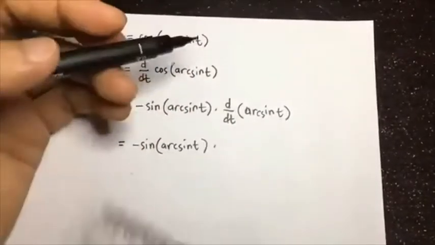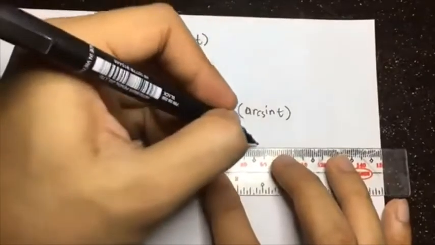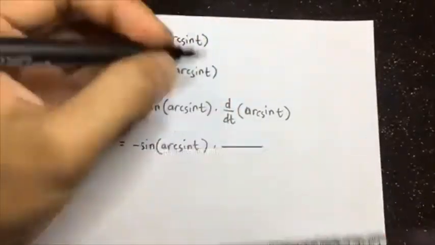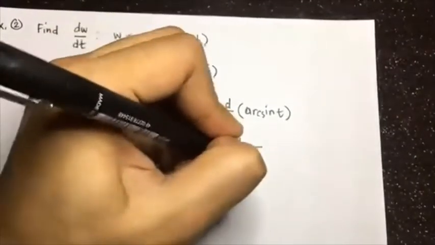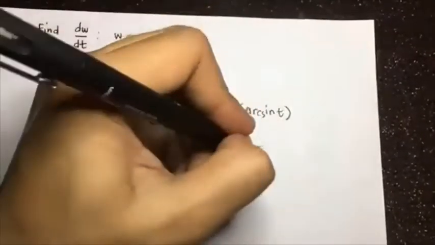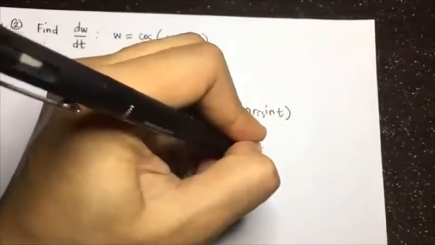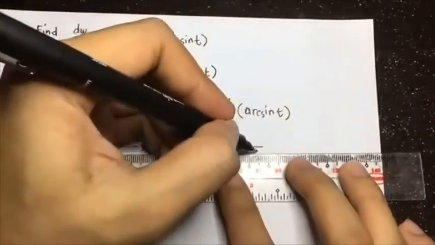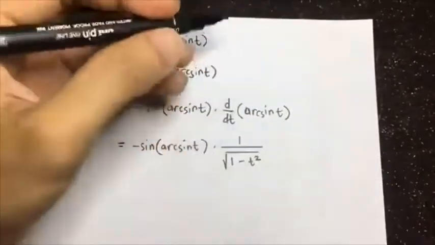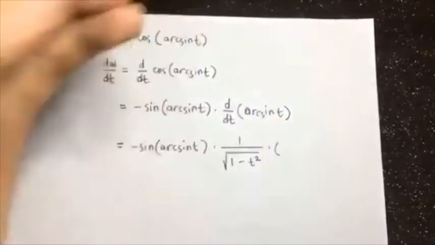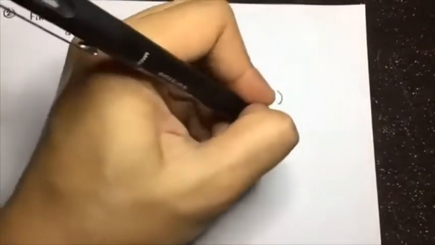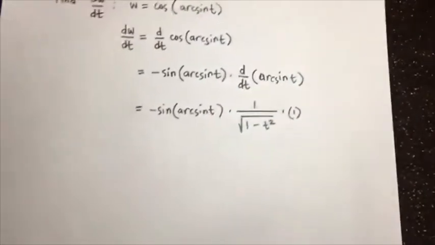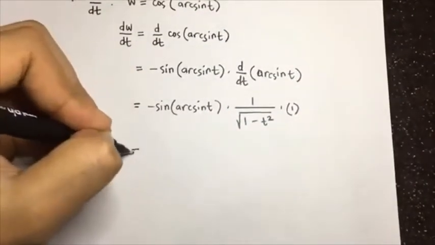derivative of arc sine of t is equal to 1 over square root of 1 minus u squared. So u is equal to t, so 1 minus t squared multiplied by the derivative of t with respect to t, so that is 1. Okay, so simplifying,